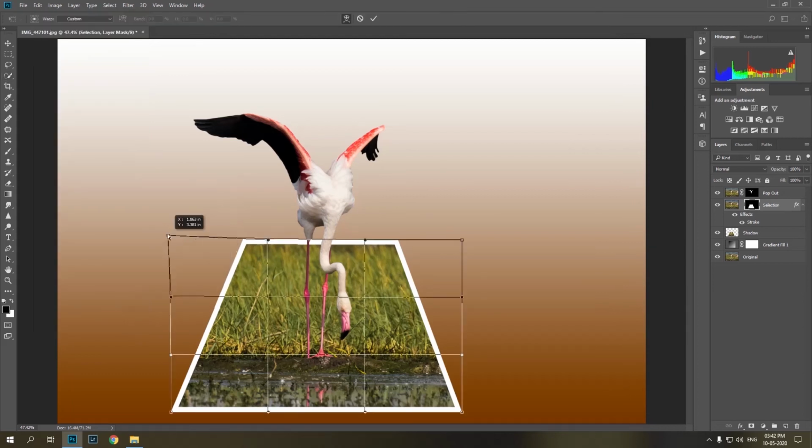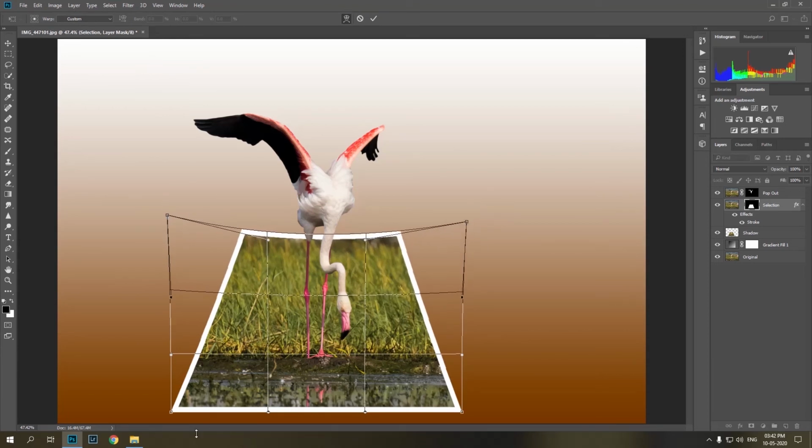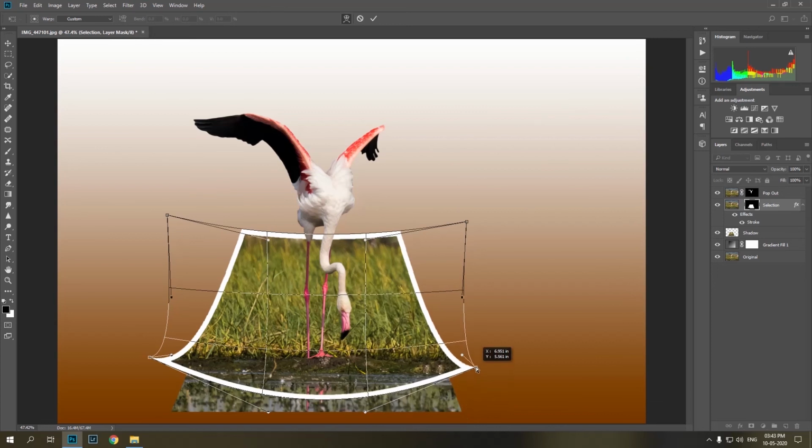Make the adjustments to the shape as I am doing, or you can define your own shape. Press the tick mark on the top to commit the changes.